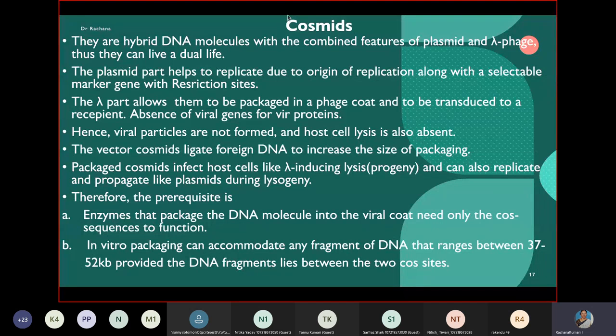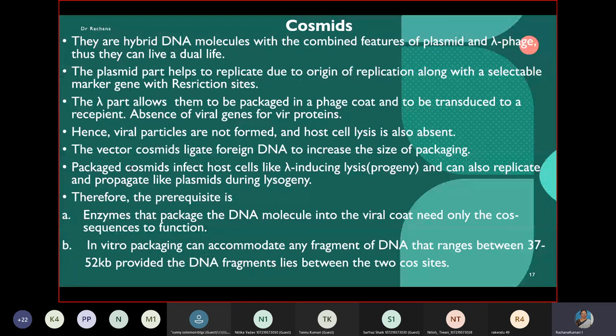That means such kinds of plasmids are non-pathogenic. They will not cause any kind of disease, unlike the native phages which have the property of infection. The packaged plasmids. Now that we have designed the plasmid which has the property of carrying the target DNA and the genes that are necessary for replication, we have accomplished that.